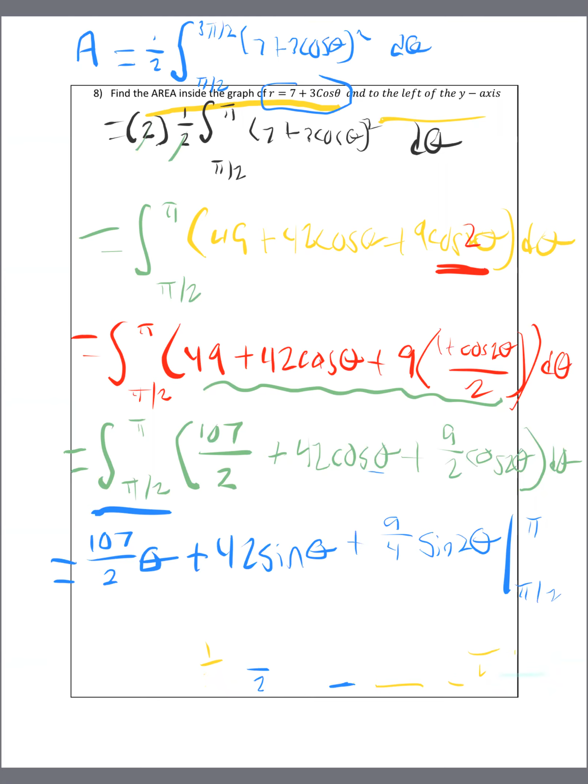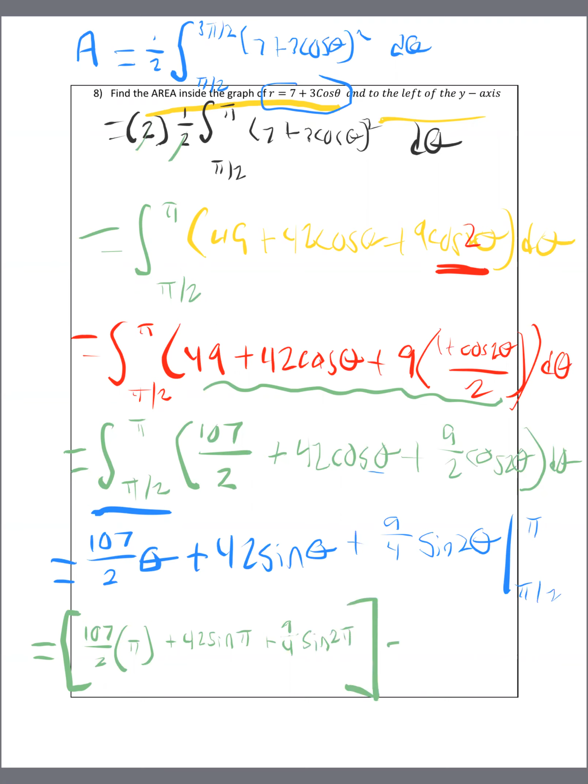So when I erase this, now all we're going to do is just plug it in. And then I guess we're almost done with this long problem. And all the area problems are pretty much this long. So sorry. So remember to do the bounds. You plug in the upper bound first. So 107 over 2, this is pi, plus 42 sine of pi plus 9 over 4 sine of 2 pi